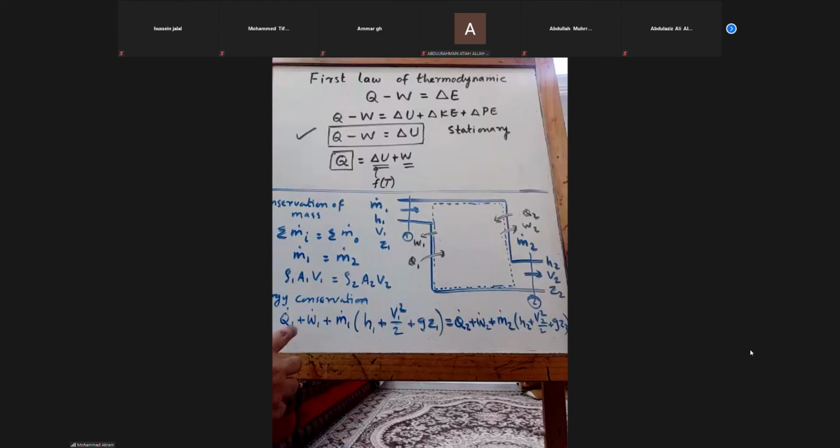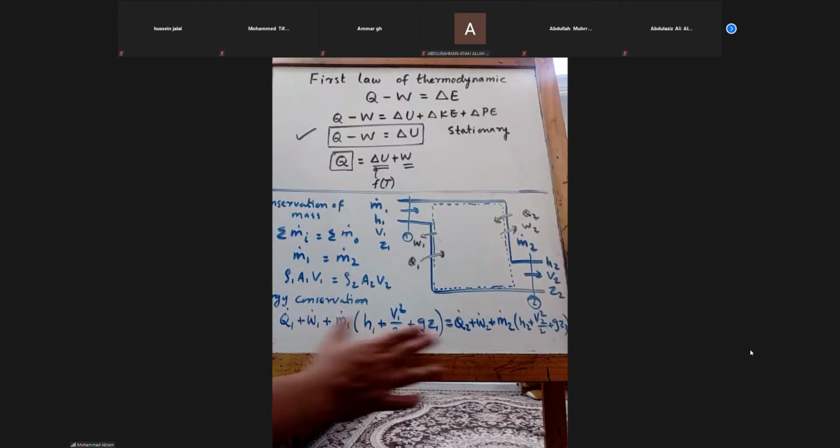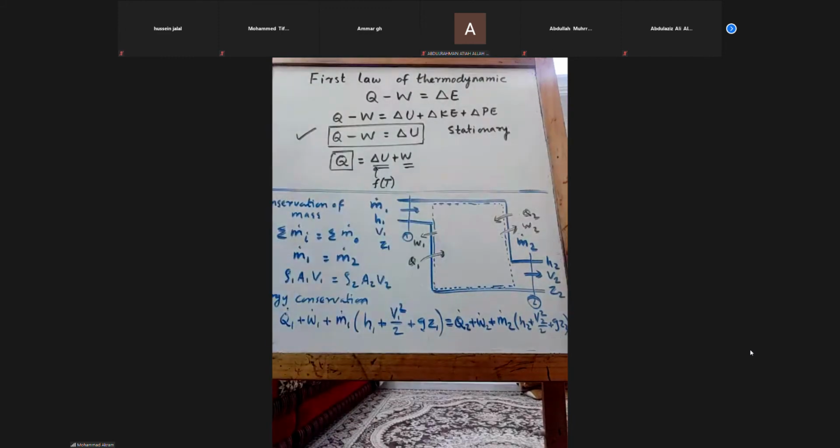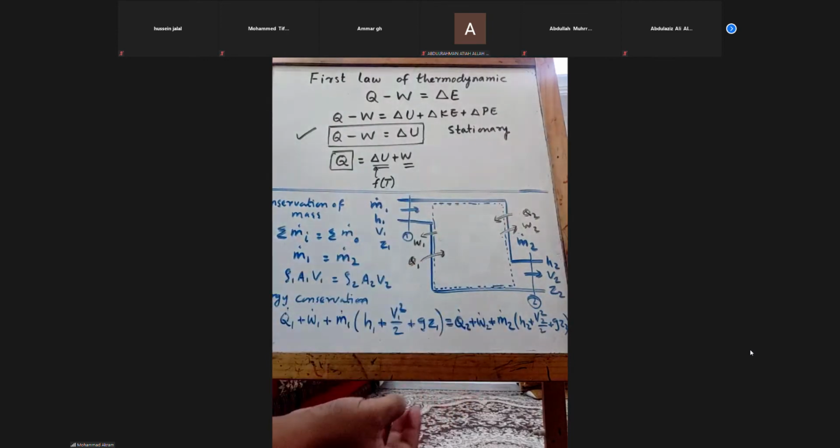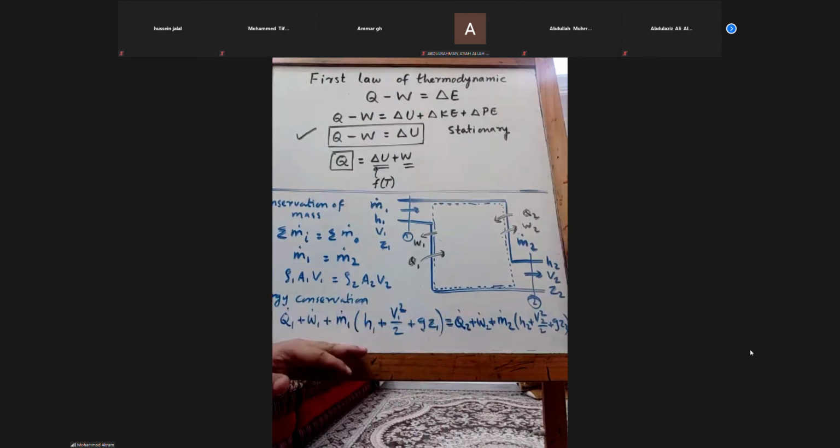In general, I'm writing that this is all at the inlet, and this is all at the outlet. And the total energy is going to present just one work, right? Yes, of course, only one work will be there. Sometimes there will be no work, just flow. There may be heat addition or rejection, work in, work out. Any possibility is there, so I have written all the possibilities.